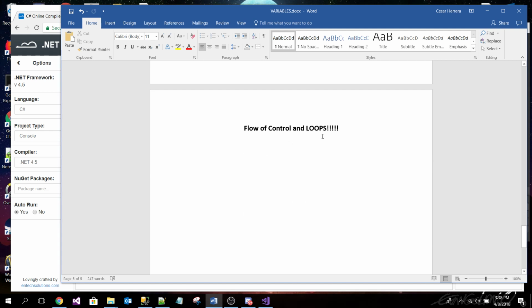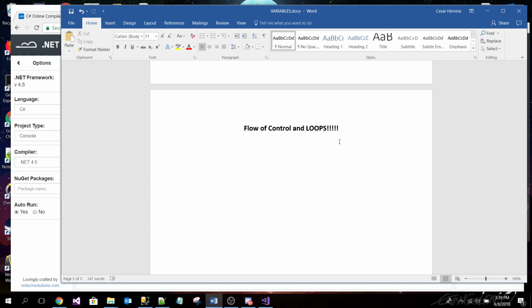Okay, so flow control. This is definitely the next step, or one of the final steps in some of the tools that we're going to be using before we start using everything together. I hope that you guys are keeping up and understand at least most of the stuff. Maybe at least let's say 70% of what we've done so far. Because once we do this, then we're going to start doing more interesting things.